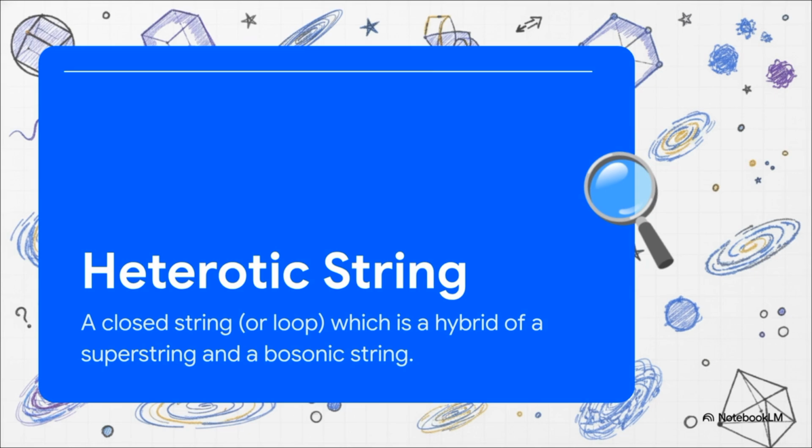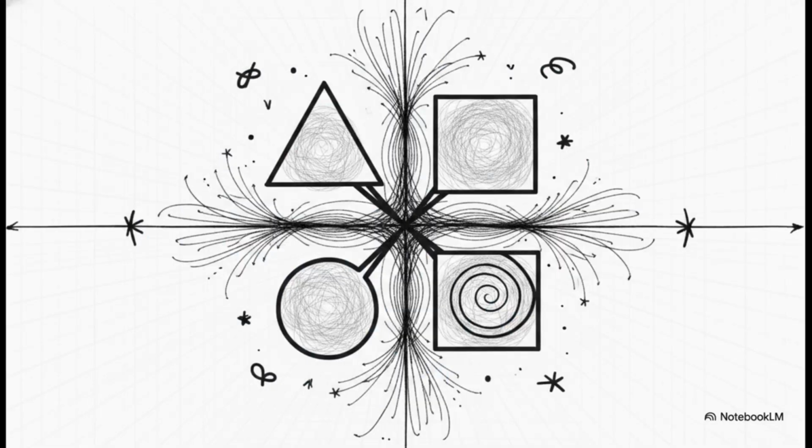For those keeping track of the math, there are two primary supersymmetric kinds of these strings, usually abbreviated as HO, which stands for SO32, and HE, standing for E8 times E8. And this brilliantly illustrates how theoretical breakthroughs actually happen, through intense collaboration. Heterotic string theory was first developed back in 1985 by a team affectionately known in the physics community as the Princeton String Quartet. We're talking about David Gross, Jeffrey Harvey, Emil Martinek, and Ryan Rohm.